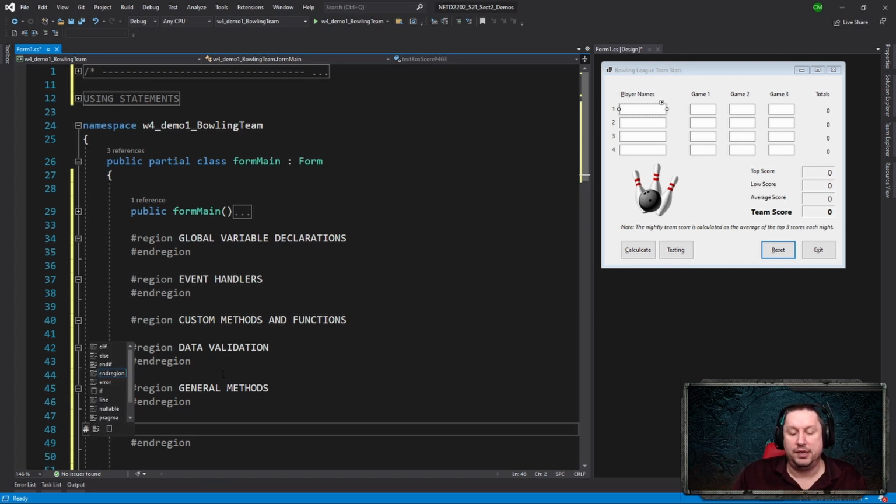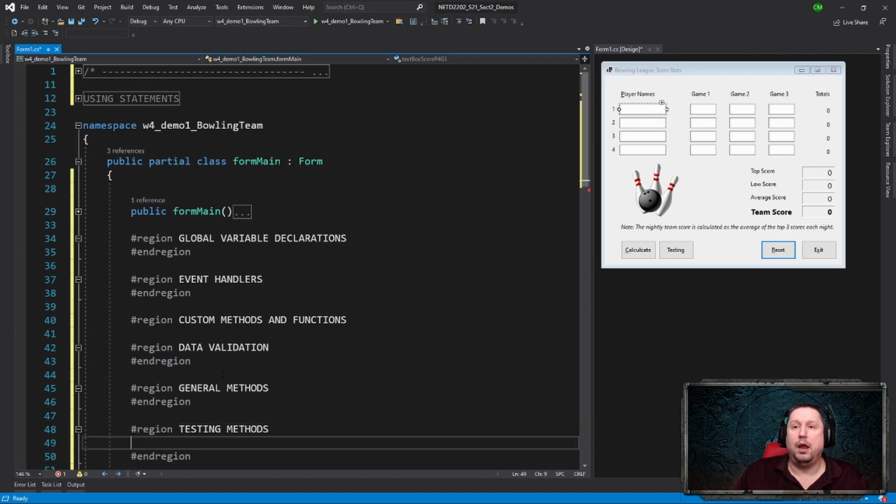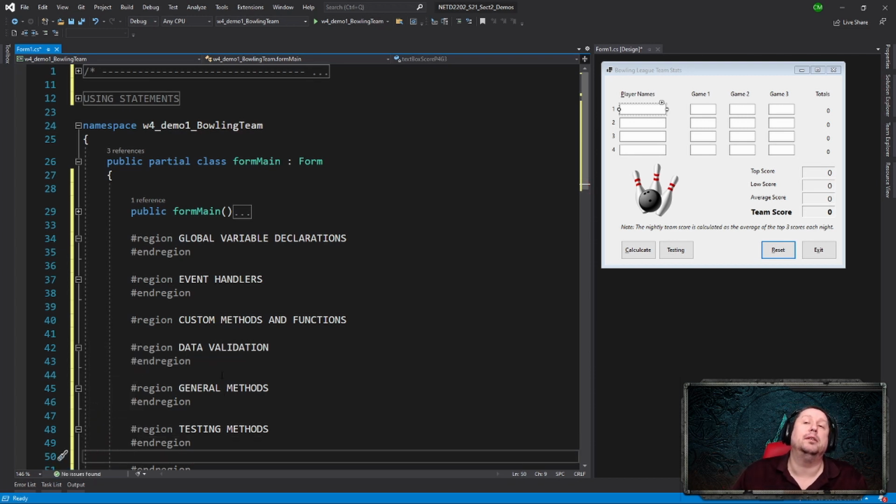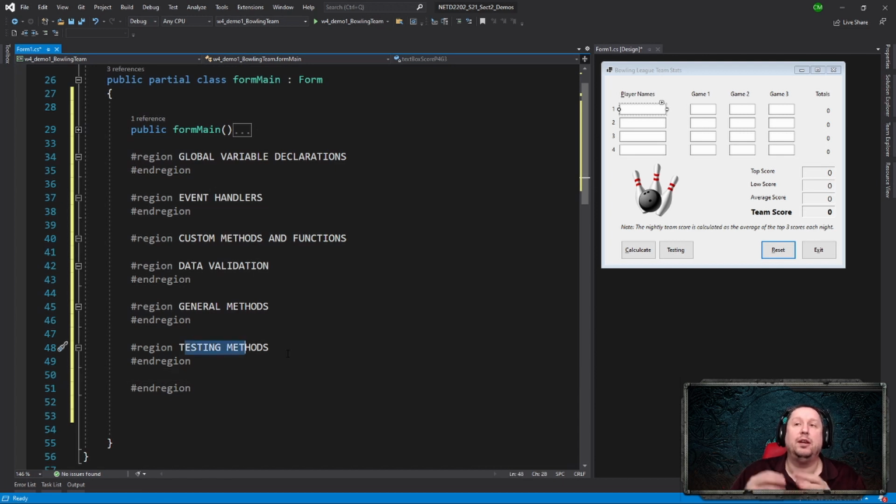Okay, and the third region I have here is something that not a lot of people do. I like to do this when I have a form that has a lot of input boxes like this. And this is not official automated testing procedures or whatnot, but this is a very handy way to allow yourself to make testing a lot easier. So what I'm doing is I have a testing section I'm going to build. And inside this testing section, all I'm going to do is generate some random numbers and populate